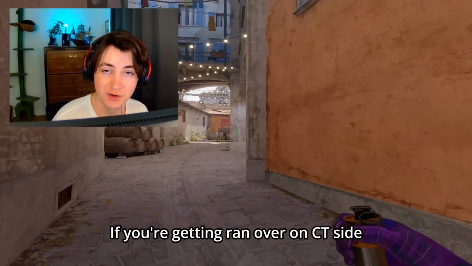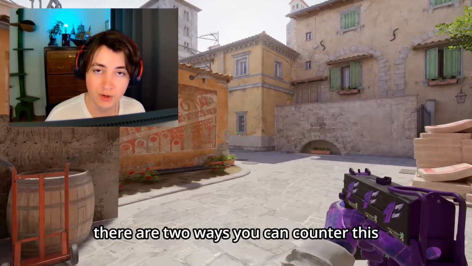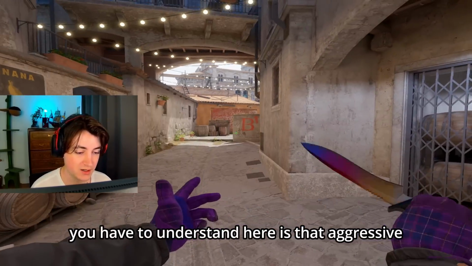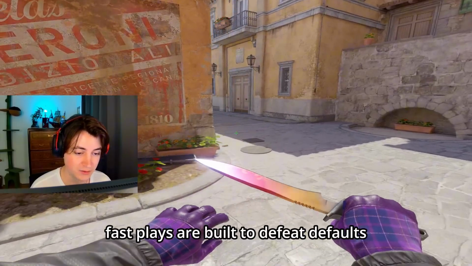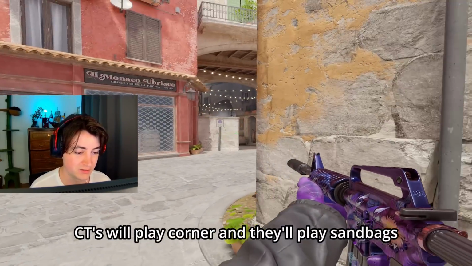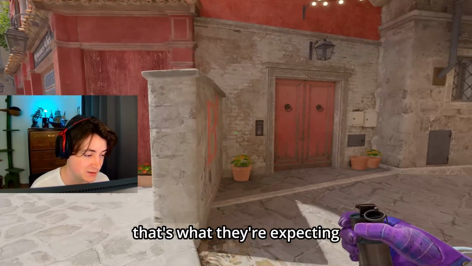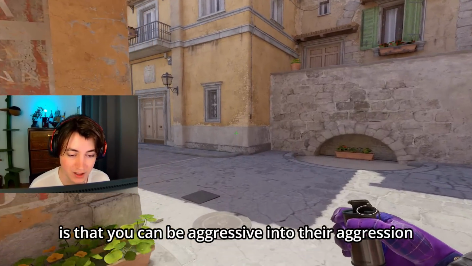If you're getting ran over on CT side, the T's are playing really aggressive, they're playing really fast, there are 2 ways you can counter this. Now the first one is being aggressive into their aggression. Now the key principle you have to understand here is that aggressive fast plays are built to defeat defaults, or like the typical standard round, right? Lots of times CTs will play corner and they'll play sandbags and they'll molly close, and the T's will smoke this molly, pop out, flash, and fight these 2 spots. That's what they're expecting. So what you can do against that is be aggressive into their aggression,